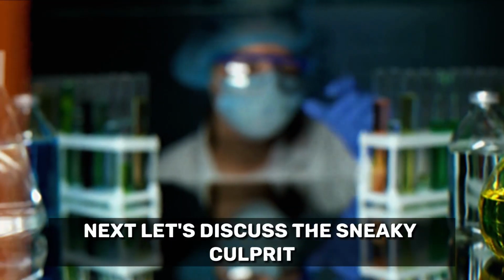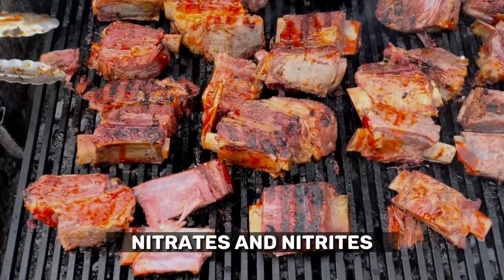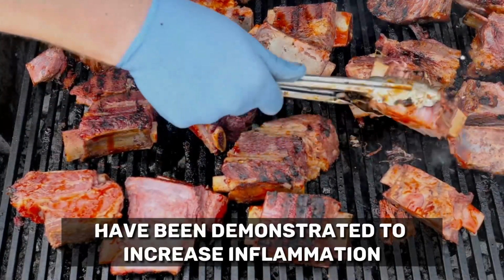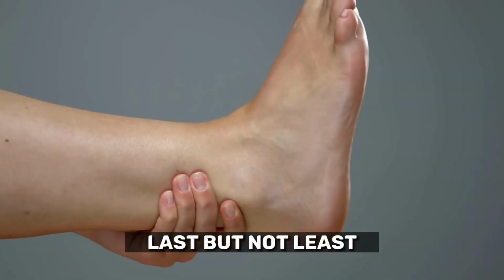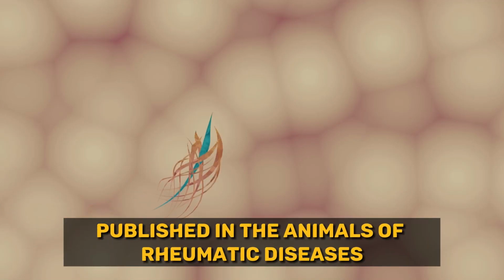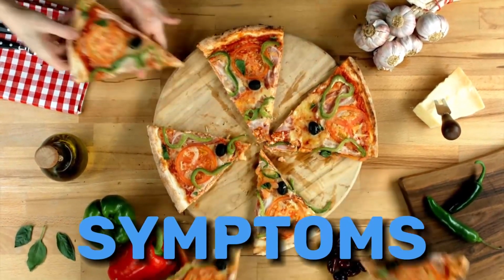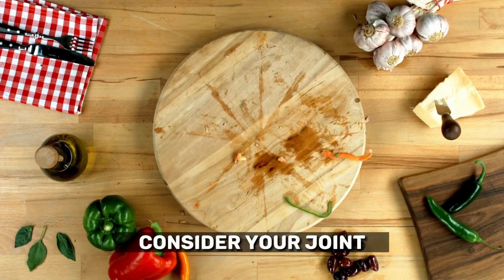Next, let's discuss the sneaky culprit: preservatives. Nitrates and nitrites, which are found in several processed meats, have been demonstrated to increase inflammation. Remember that inflammation works like a fire. Last but not least, these meats frequently contain saturated fats. According to a 2016 study published in the Annals of Rheumatic Diseases, saturated fats can cause adipose inflammation, which can worsen arthritis symptoms. So, my friend, the next time you reach for that salami slice, consider your joints and choose